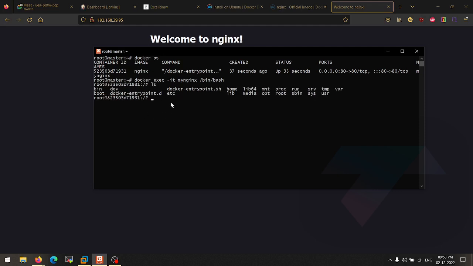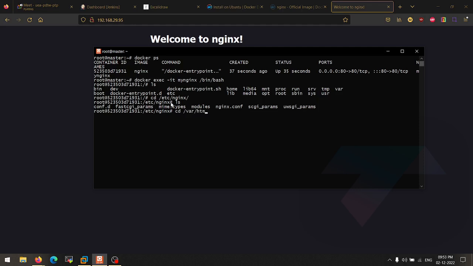This is a new environment, which is basically the Docker environment that we are using right now. Right now we are inside the container in a separate environment. Let's go to /etc/nginx. Here we have all the details, conf.d and that kind of stuff.